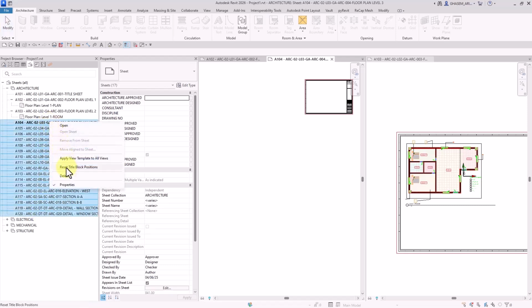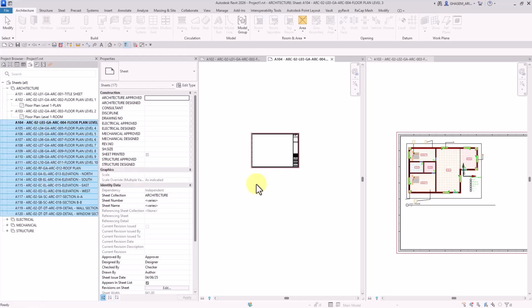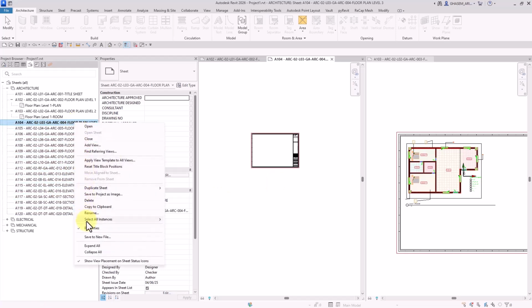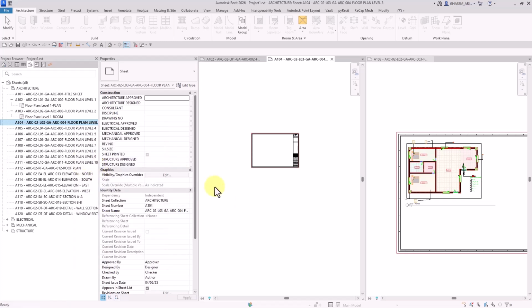So if I do a right click, we would see the same item. And we can do this for all of them, for some of them, or basically just one of them. Guys, using these items, you can make sure that the sheets that you need are being created as accurately as